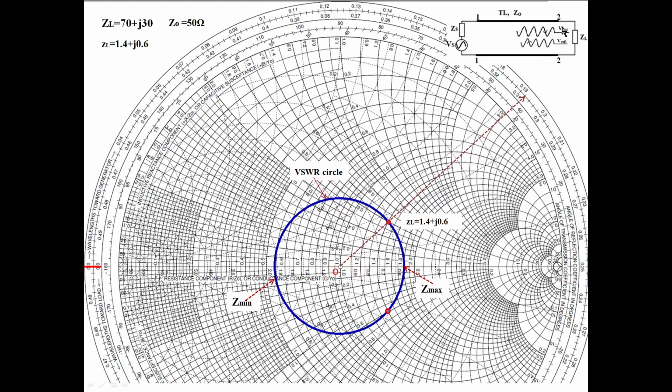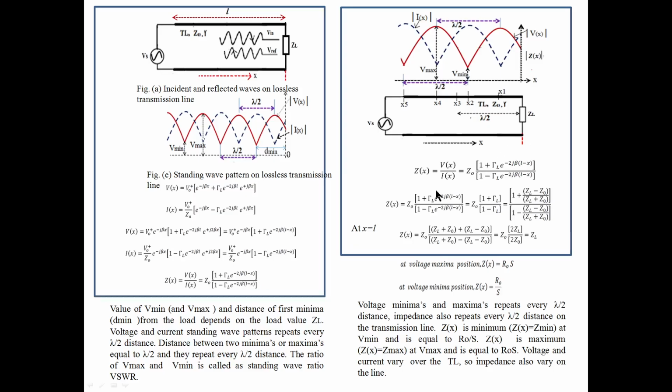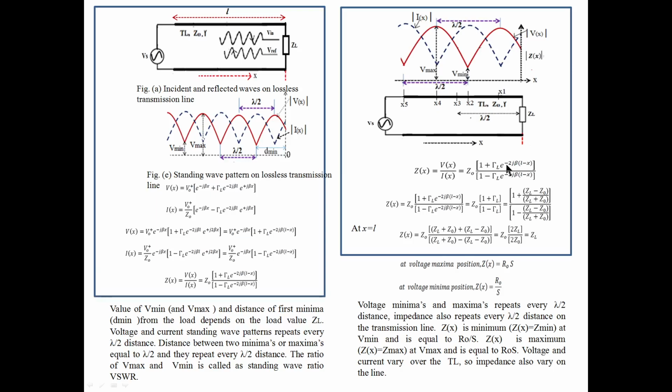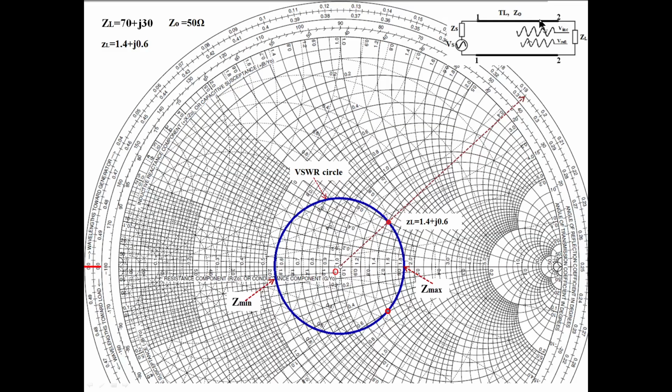That we cannot see here. We have to use this equation. We have to know the distance, up to what distance we moved. Distance we know, and using this equation we can find out the impedance here. But with the Smith chart we can easily obtain that. You move some distance; what is the impedance at that distance? We can easily read that from the Smith chart.